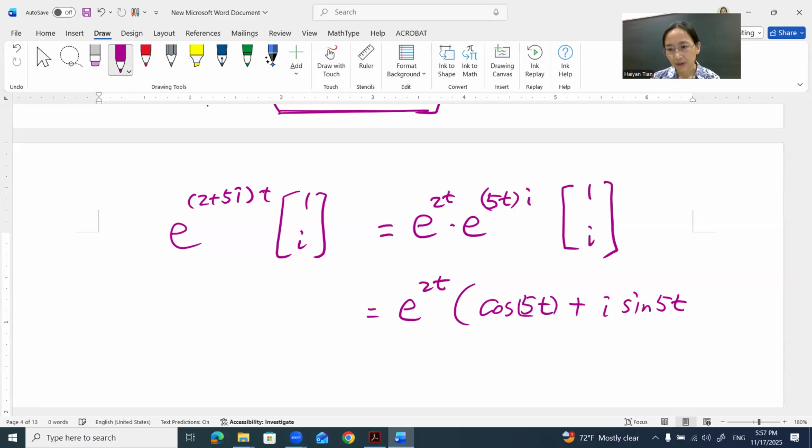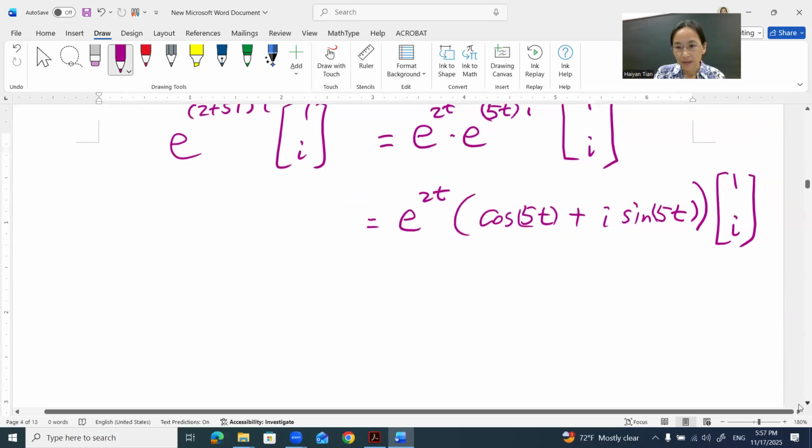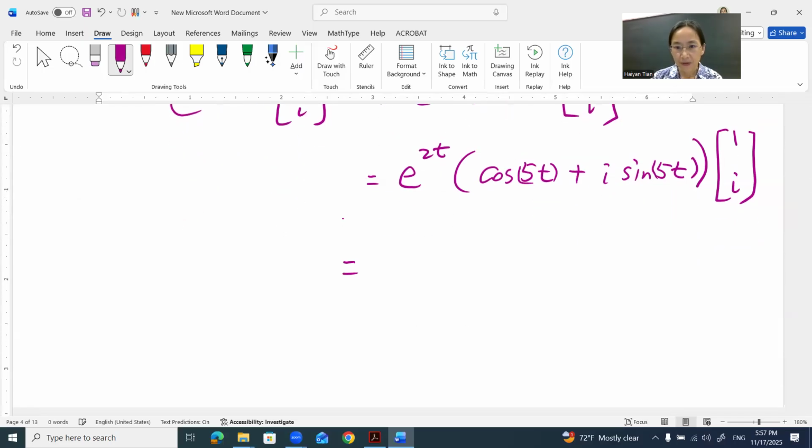Okay, so that is the identity. We write it in this form so we can easily see the imaginary part, and then multiply by 1i. So then you further reduce it. This quantity should multiply each entry of this vector. So then we get a vector. So 1 times the quantity is